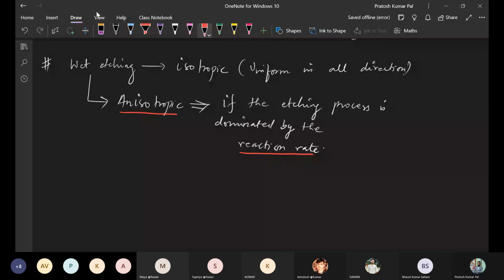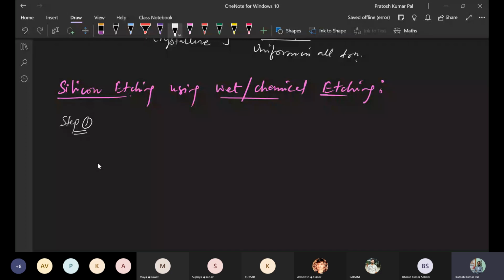There are two different steps performed while etching silicon by using a chemical etching method. First of all, we will make silicon dioxide. Then the silicon dioxide will be removed, and it will remove the silicon also. So the first step is oxidation, in which silicon will react with oxygen and form Si